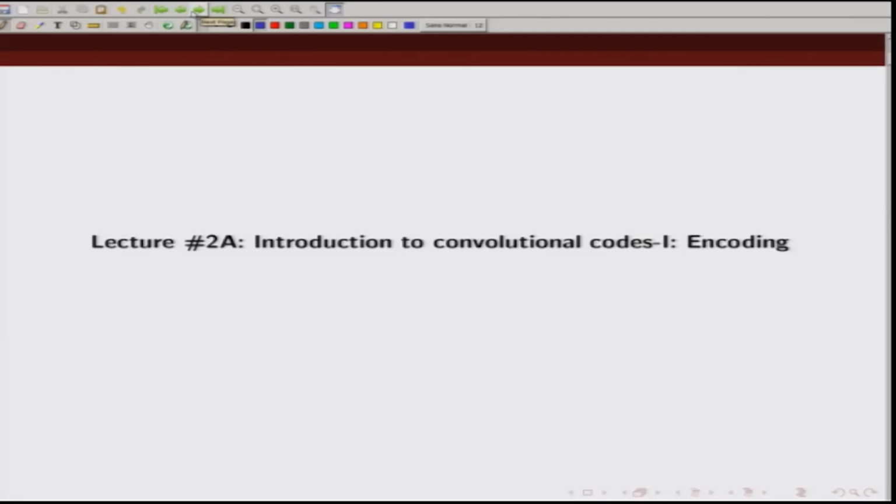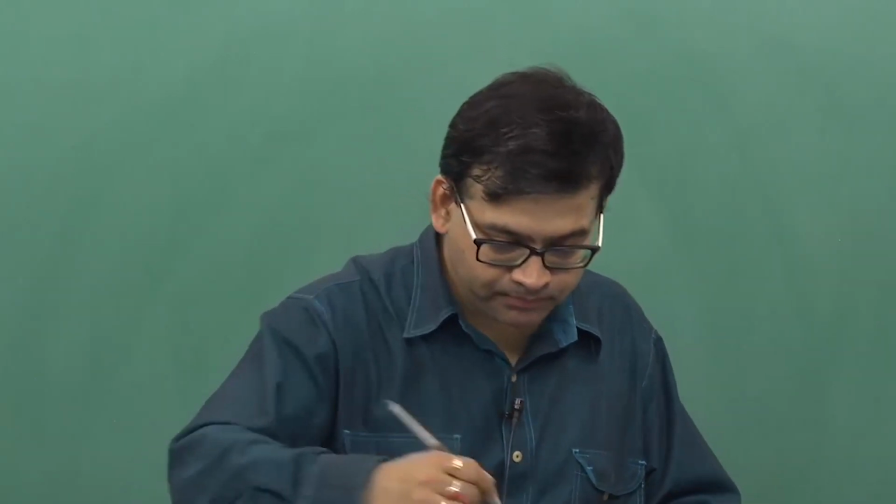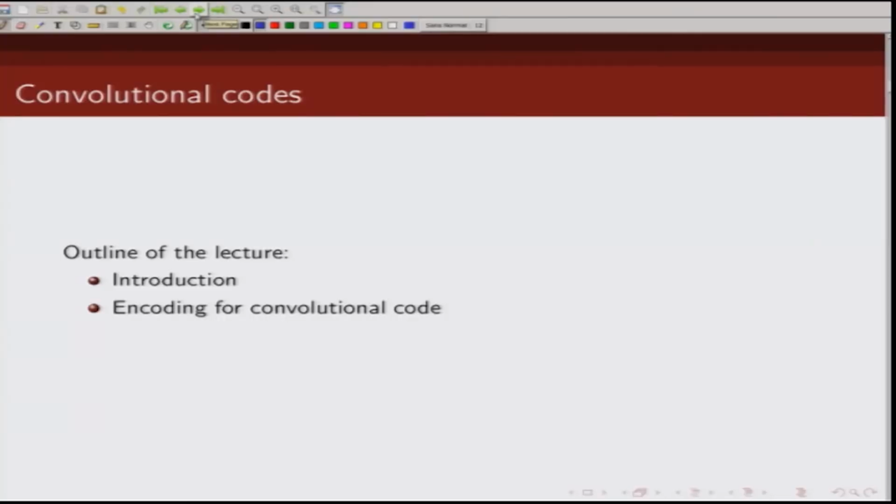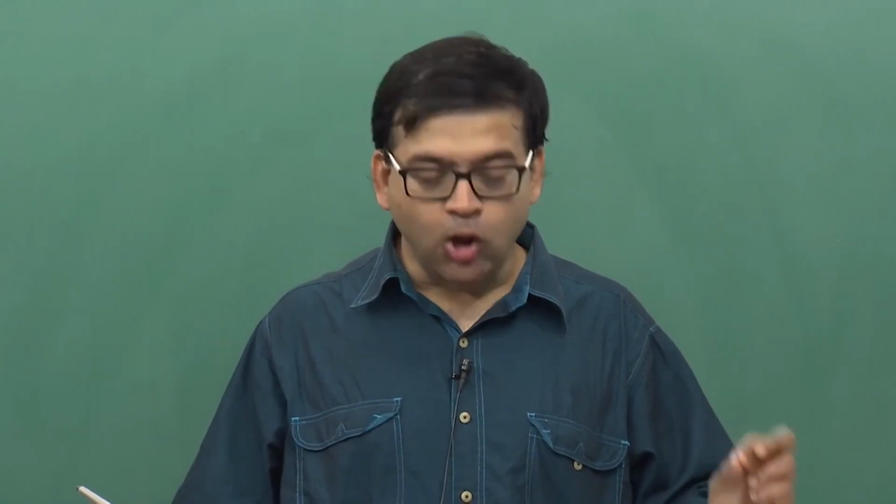So, we will start with the introduction of convolutional code, and today we are going to discuss how we can encode an information sequence using convolutional code. Today's topic of discussion is encoding of convolutional code, and we will take a very simple example of a rate 1 by n